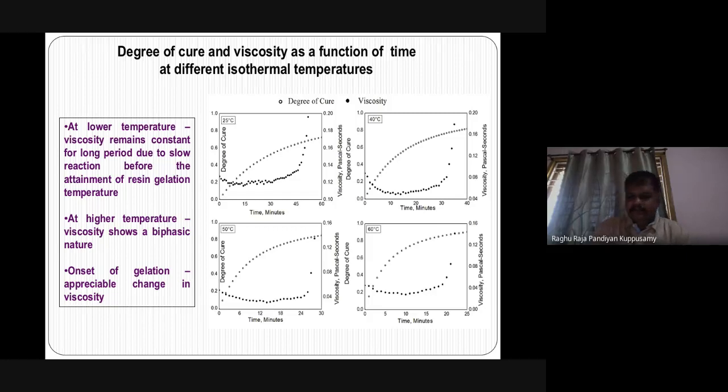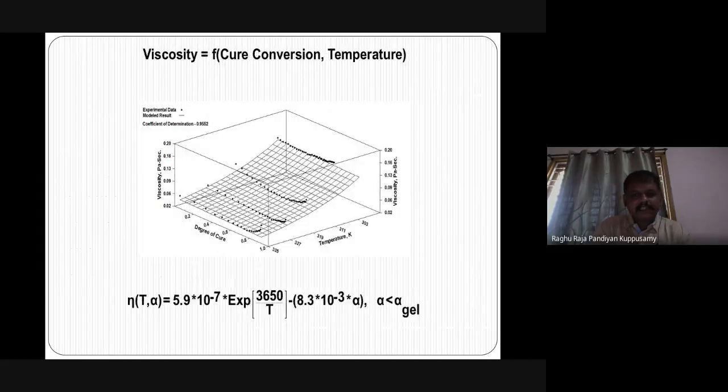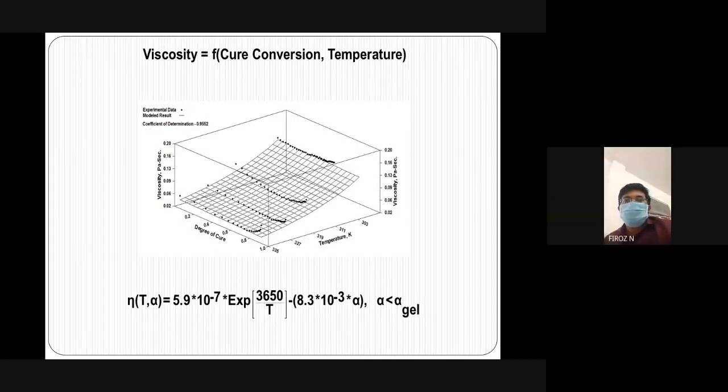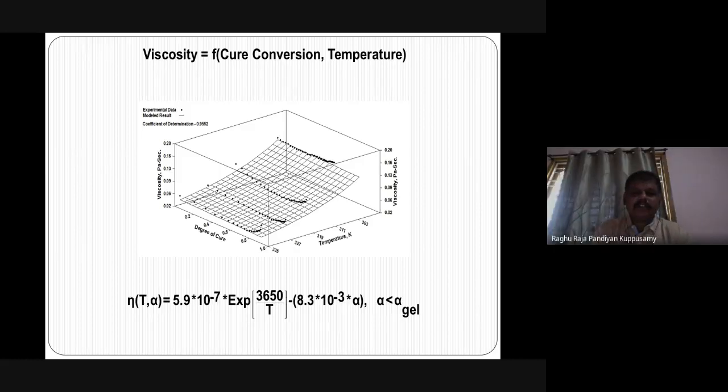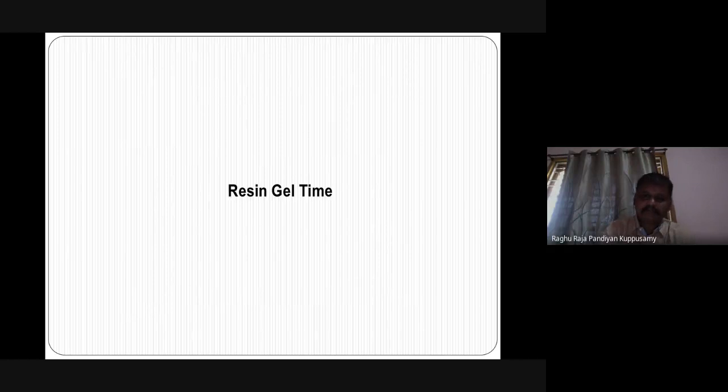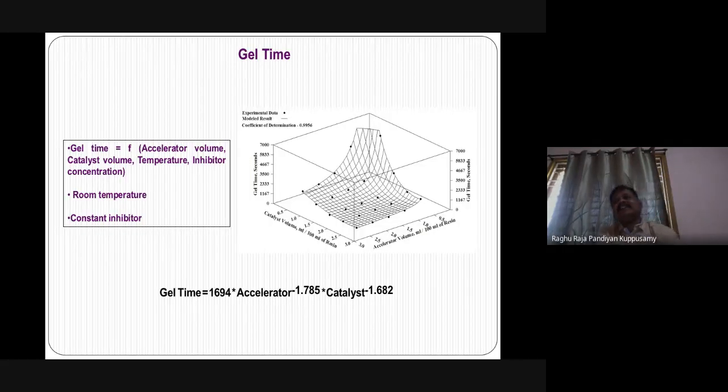So next one. This is the complete curve for viscosity as a function of cure conversion and temperature. So the model has been developed. This cure kinetics model and viscosity model have to be fed as raw material resin parameter models for the simulation environment. So this is very, very important because, as I told, the resin is pre-accelerated and pre-catalyzed, and the